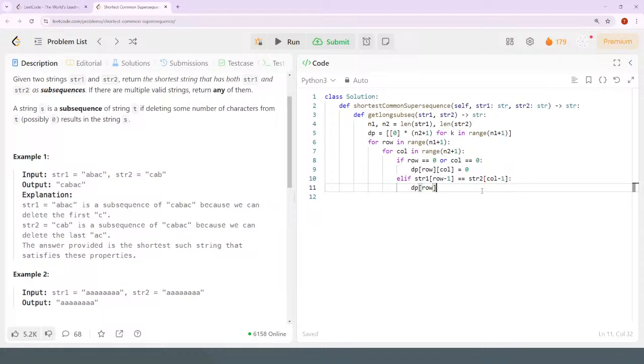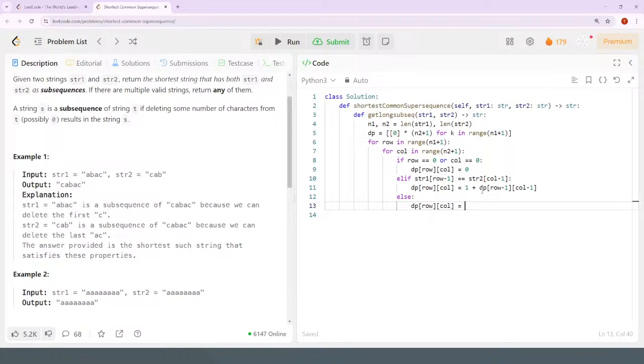So dp of row, column is equal to 1 plus dp of row minus 1, column minus 1. Else we're going to say this is whatever the most is in common,